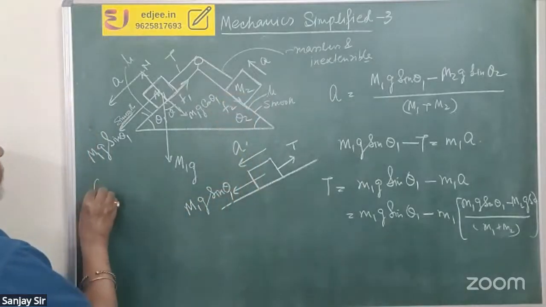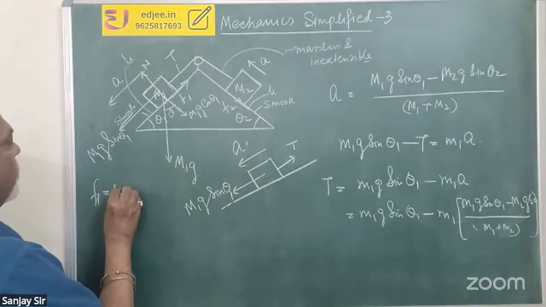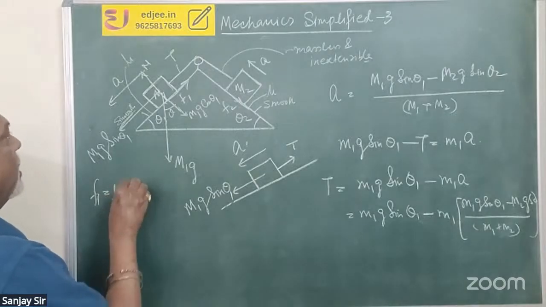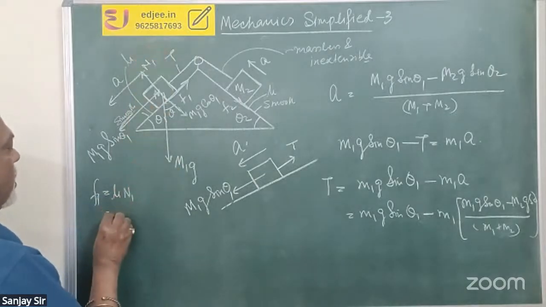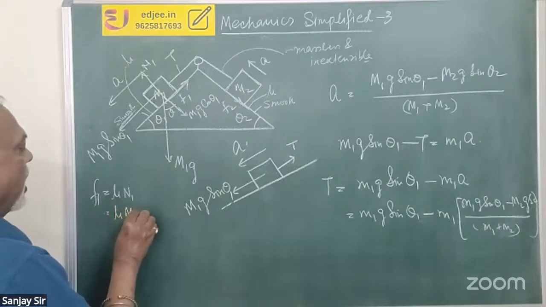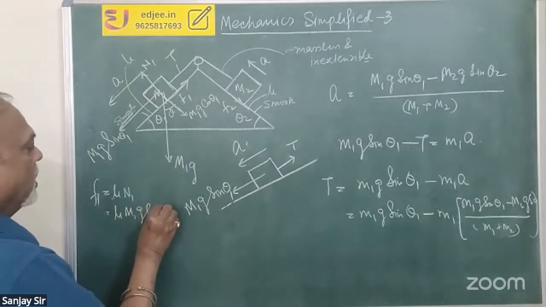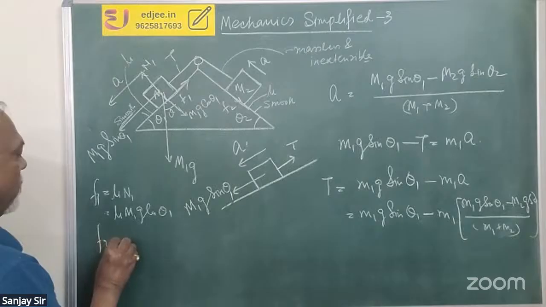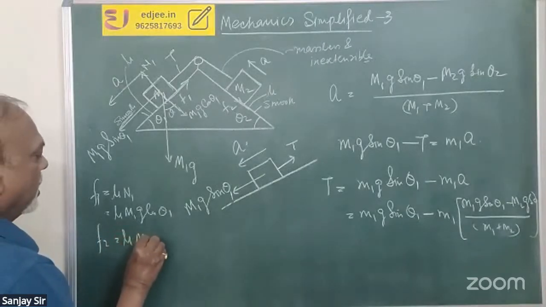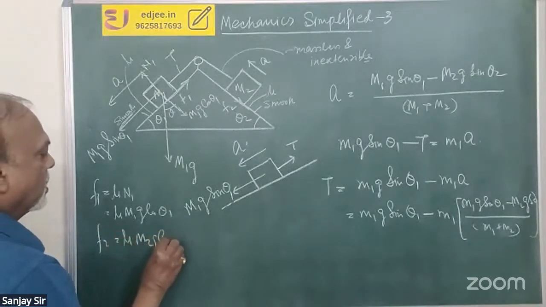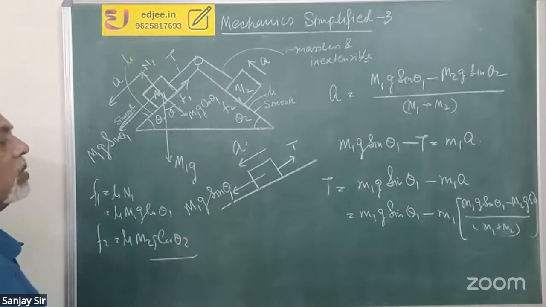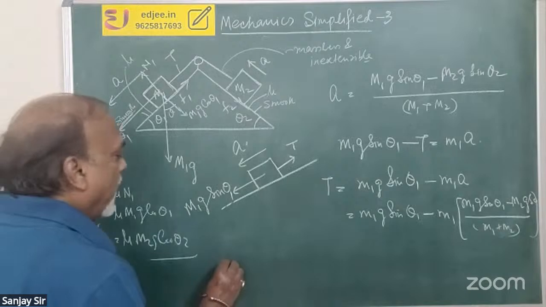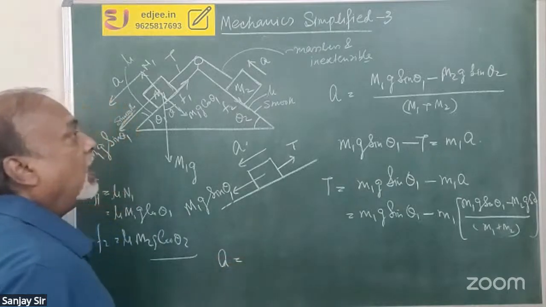F1 and F2 will be nothing but mu N1, or mu m1 g cos theta 1, and F2 similarly mu m2 g cos theta 2. And in that case, your acceleration will be